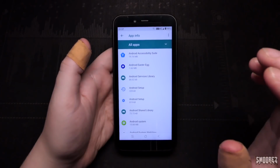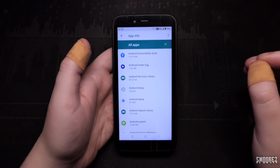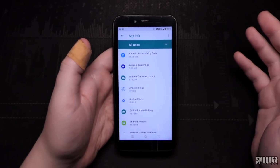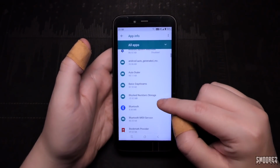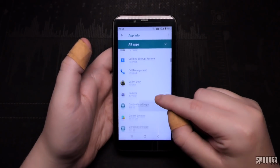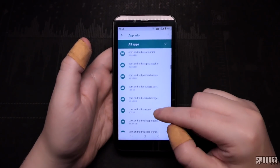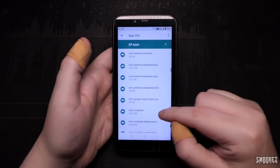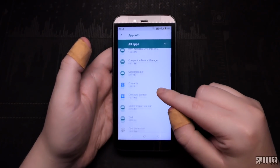In applications, I've got all the system ones showing. I'll just scroll through here. I don't think there's going to be anything suspicious on here because Blackview is fairly reputable, but let me know if you see anything down in the comments below. I'll just scroll through here pretty quickly. Just feel free to pause if you see anything. We've actually got quite a bit to look through, but as I said, if you want to let me know if there's anything here that may seem...